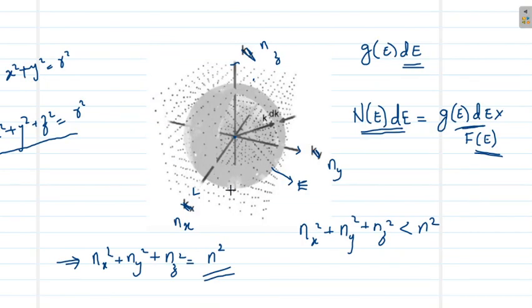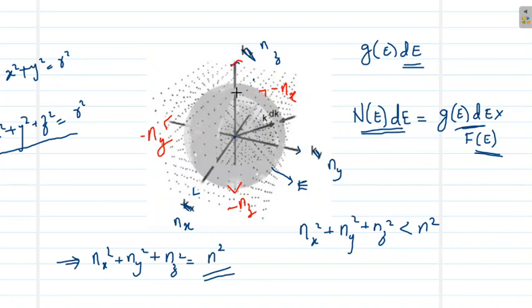That is obvious. But not only the volume, if we look closely, we can understand that here the axis represents nx and the opposite axis actually represents minus nx. Here if this axis represents ny, the opposite axis represents minus ny. And if the upward axis represents nz, the lower axis represents minus nz. Now from our basic understanding about quantum mechanics, we know nx, ny and nz are positive integers. So that means only the positive octant of this sphere is to be considered.